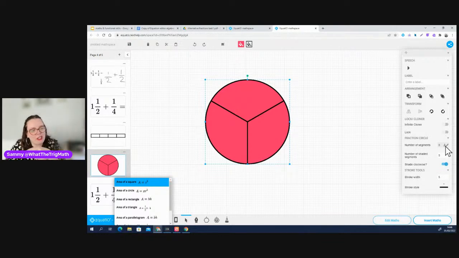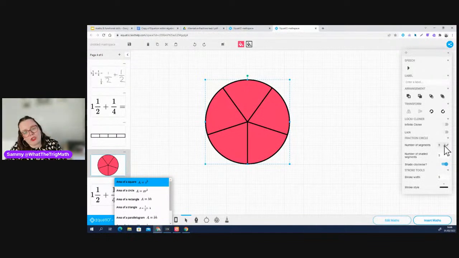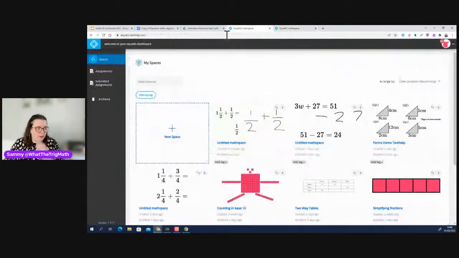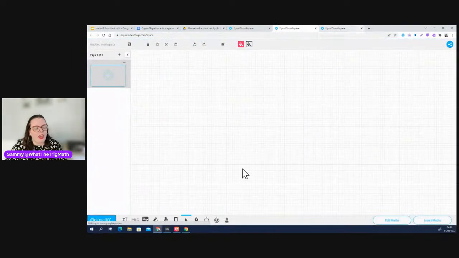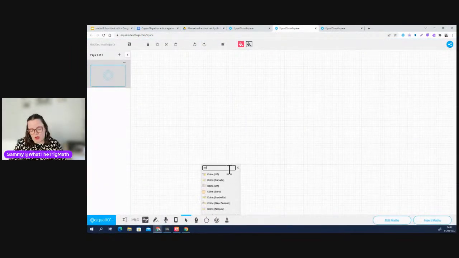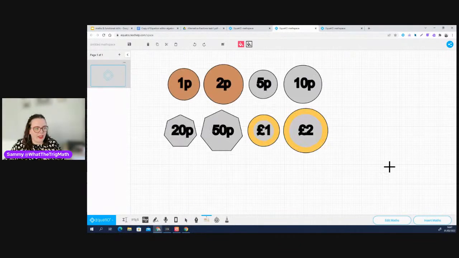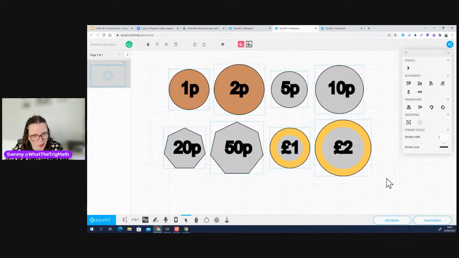Well, you can draw circular ones and split them into different segments using Equatio to really visualize and bring that learning home for students. Big thing for me as well is when we are using Equatio, we often need to use decimals to develop that understanding. So if I go back into the shapes and if I bring in coins,